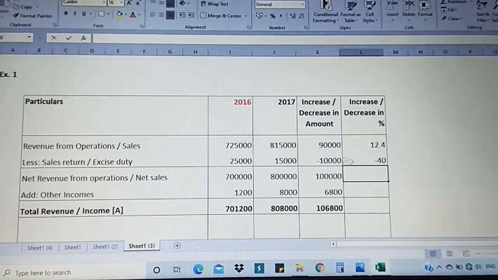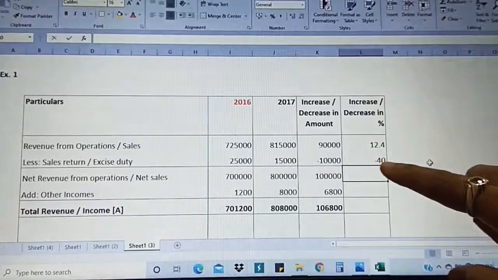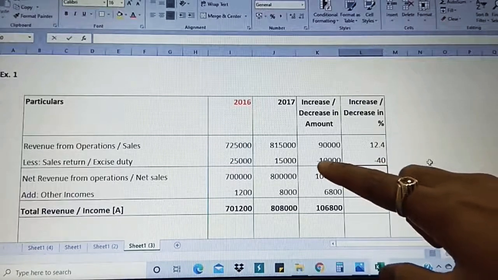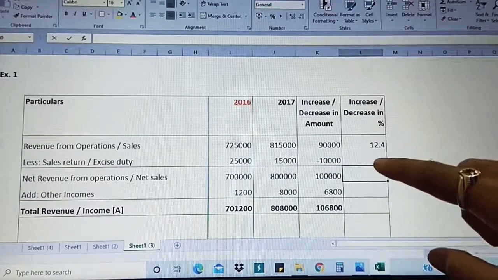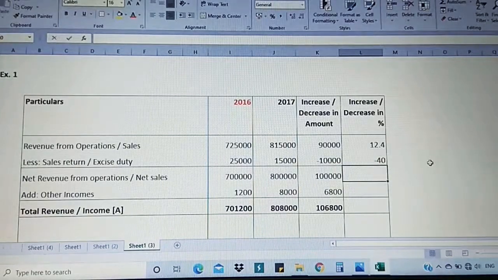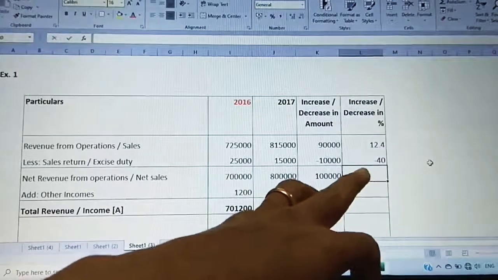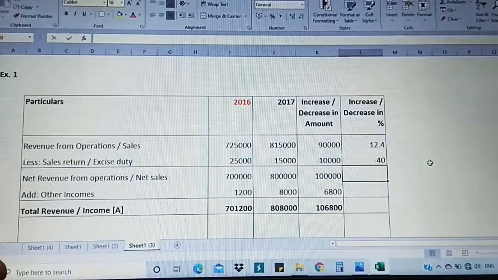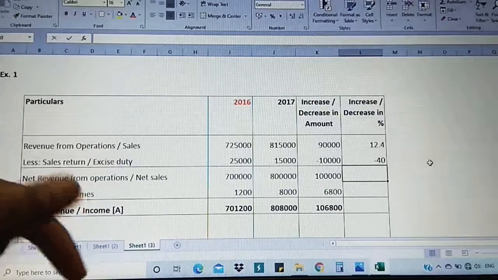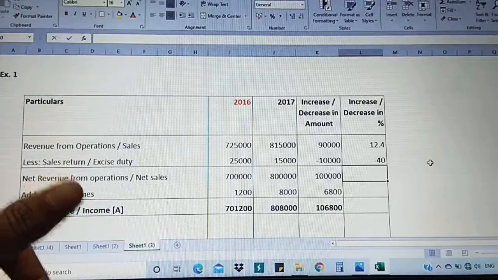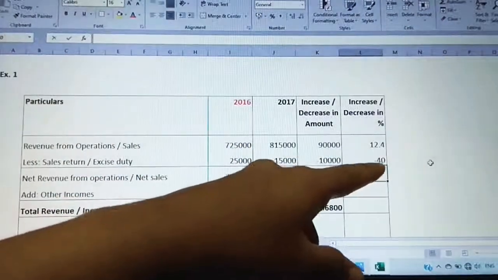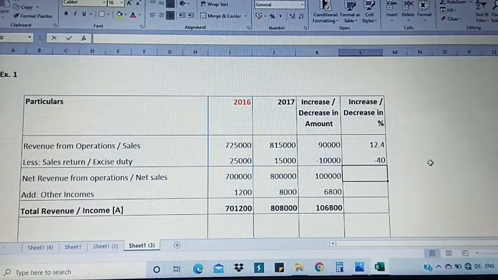Now just observe, for the second calculation, as I got 40, I'm going to show it in the bracket because the value here is minus. Even the percentage should be in the bracket itself. Listen students, as this is a systematized Excel sheet, if I go for the bracket option, the value shows in the minus symbol. So don't think that you have to write the minus sign itself. You have to show the values in the bracket.